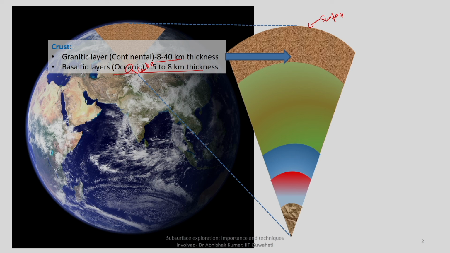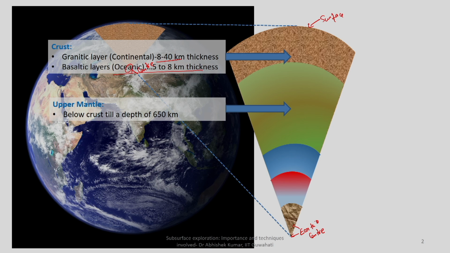So, it is located either on oceanic crust or continental crust, and there you are having the center of the earth. So, this is like earth center, and then in between you are having different layers. As I mentioned here, the crust is different depending upon the thickness, whether it is oceanic crust or continental crust. Again in the crust, the thickness of this layer can vary from 5 to 8 kilometers to as